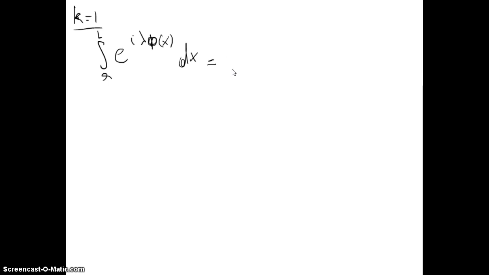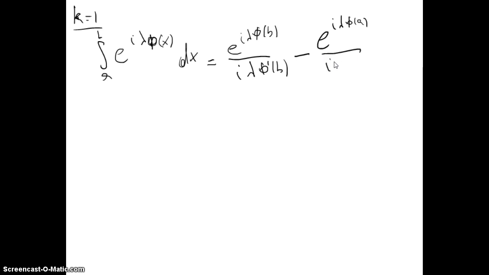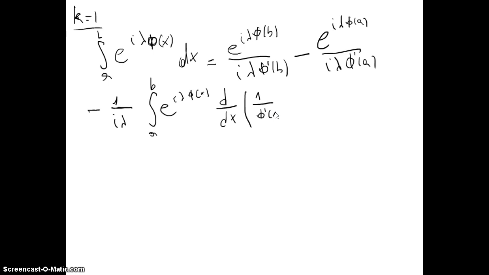is equal to, okay, so we integrate by parts: e^(i lambda phi(b)) over i lambda phi prime(b), minus e^(i lambda phi(a)) over i lambda phi prime(a), minus 1 over i lambda times the integral from a to b of e^(i lambda phi(x)) d/dx of 1 over phi prime of x, dx. Okay,